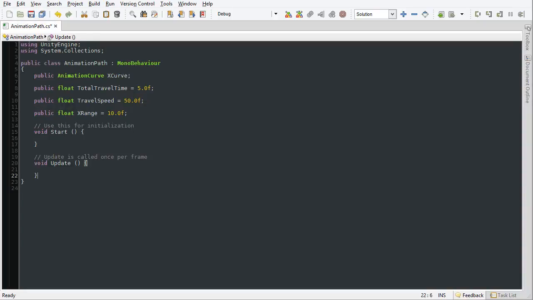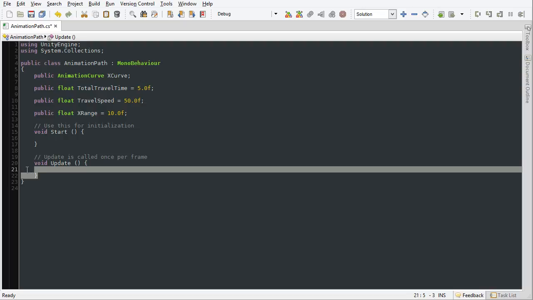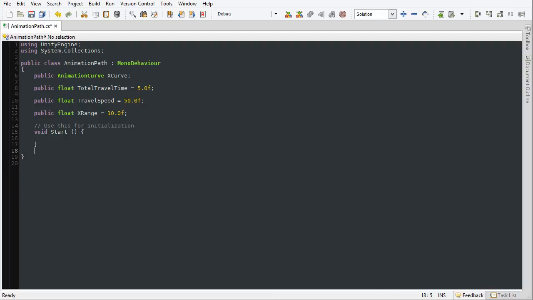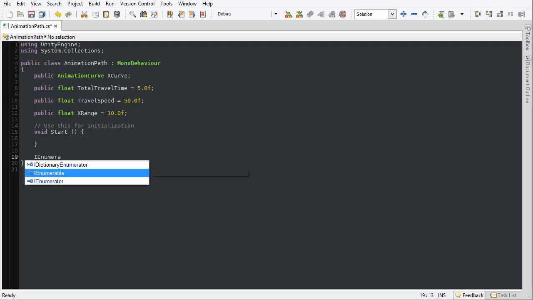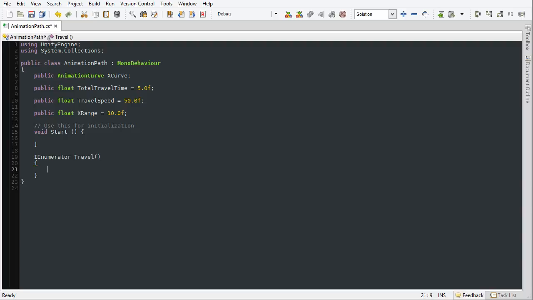Now we'll get started at creating the coroutine to control the motion of the curve over time. So the first thing I'm going to do is to completely remove this update function, because we're not going to be using this. We're going to be coding the motion not in the update function, but using a coroutine. So I'm going to create that now, and we have to put in the all-important IEnumerator return type, and I'm going to name the coroutine Travel to indicate that it's going to be coding the traveling information